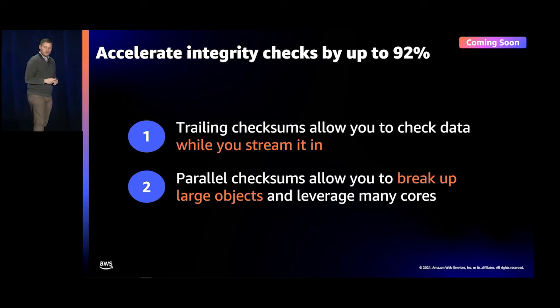The second thing that we did was to enable customers to break objects, large objects, into parts, and then checksum those parts in parallel. We enable this both on upload and later on when you come back and download that object. This is a big deal too, because it means that we don't have to sequentially process a huge object, which can be terabytes in size. Now you can break it up and farm that work out to many cores, all working in parallel to verify your object. So that's what we've done, and we can't wait to get it into your hands.